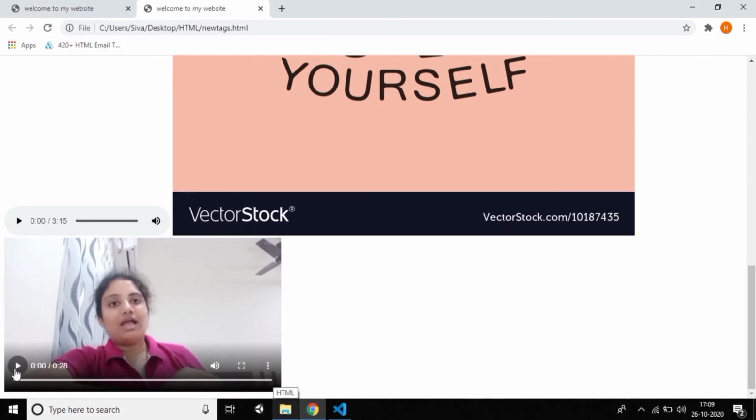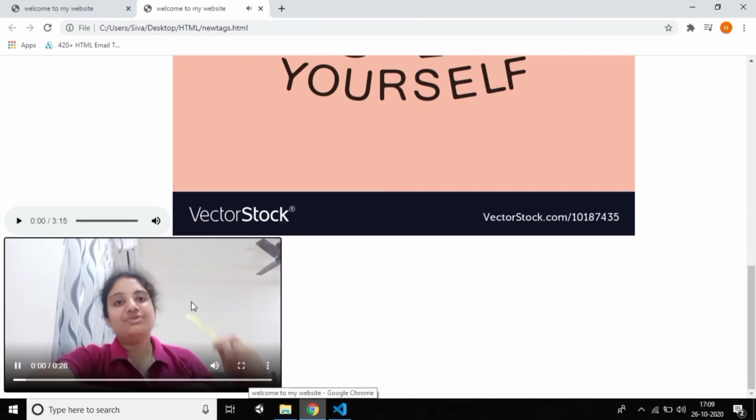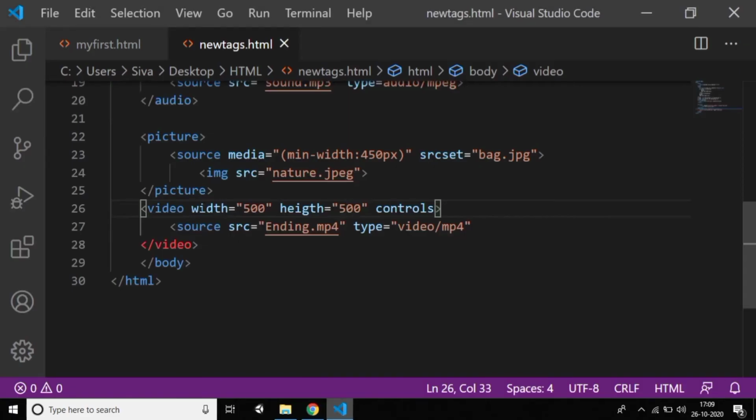Yeah, not bad. So you can play this video, and you can see the video because I gave the width and height. If you want it in the middle, you can give align equal to middle or center. So this is all about it. You can do many things with video. I hope it's a very clear explanation. The video was also playing very clearly.